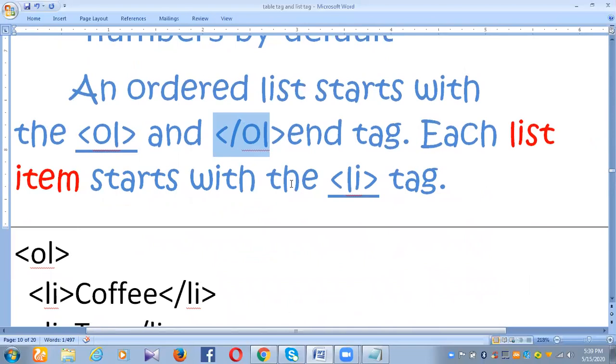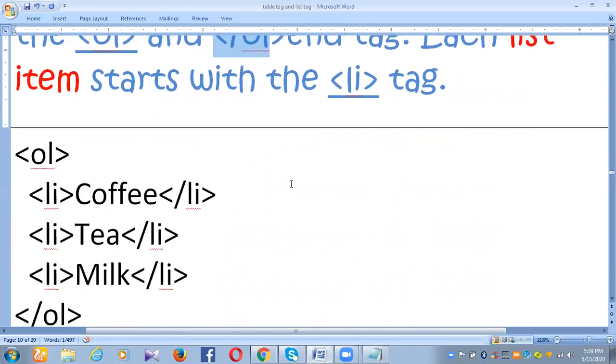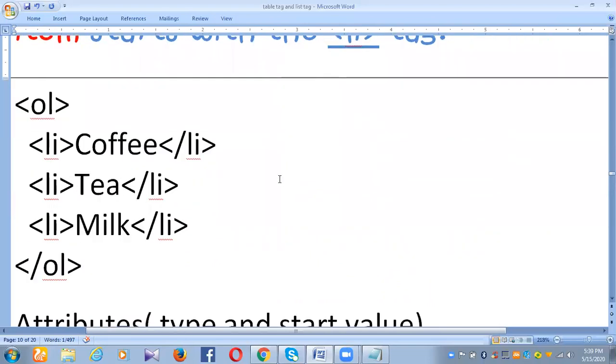Under OL we mention li, whatever we want to be displayed. So this is how OL will start here. Then under the OL, li will start here, coffee. Then I'm closing the li tag here. Then again li will start here, then tea. So these are the list items available under the OL tag.